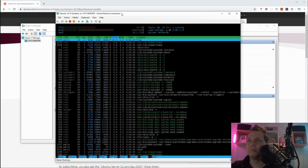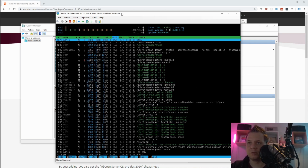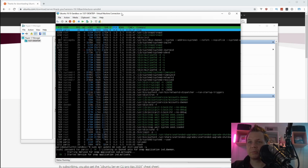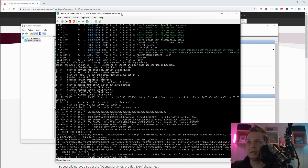And then we have htop. It's pre-installed on Ubuntu, and you can see I have 1 GB of memory, and everything here is running perfectly. Let's run sudo apt update, and then sudo apt dist-upgrade. And then it should ask about the packages we should update now, and I just say